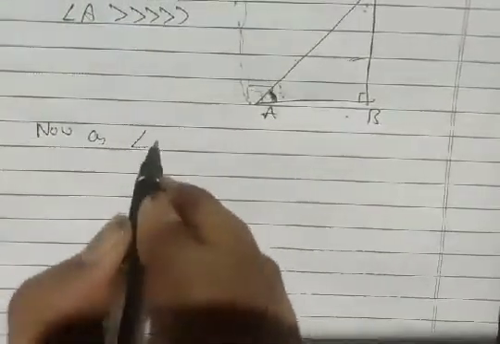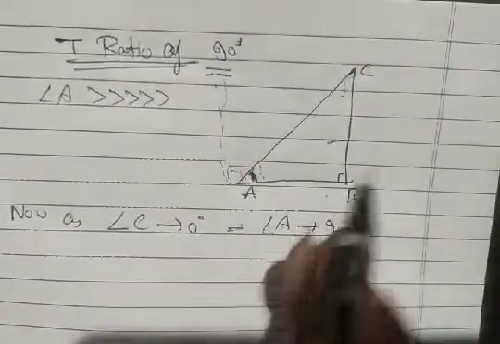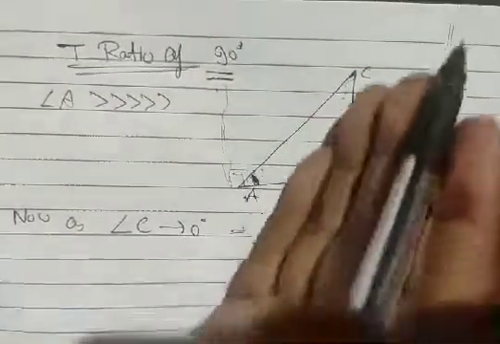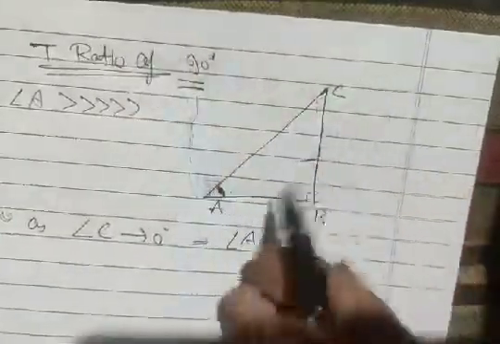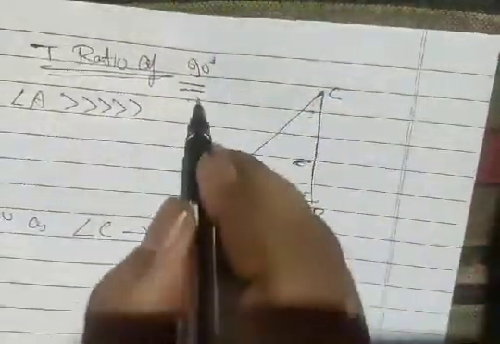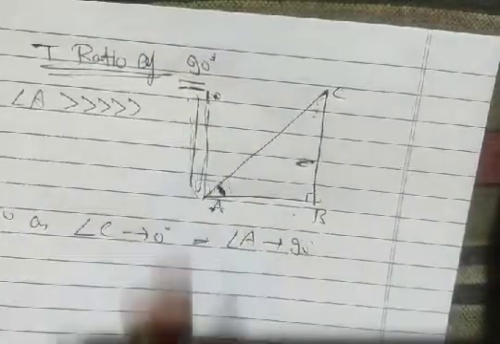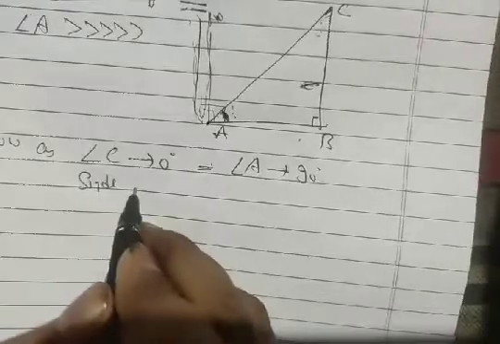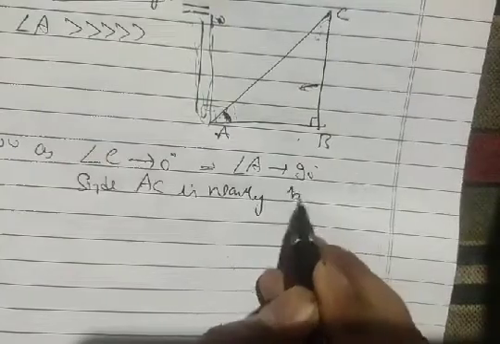Now, as our angle C tends to 0, our angle A tends to 90 degrees. Then what happens to our AC? Our AC and our BC both coincide there, because we have to make it 90 degrees. Then we move our BC there, and AC coincides with it. Now side AC is nearly becoming